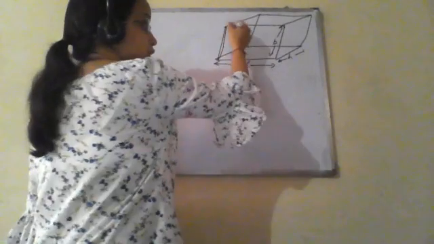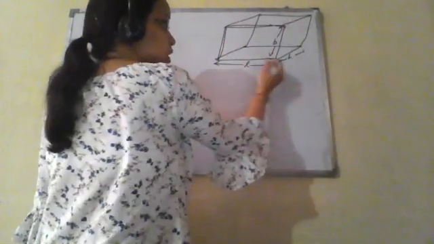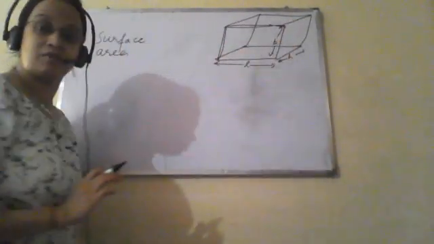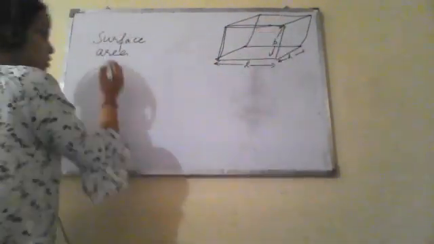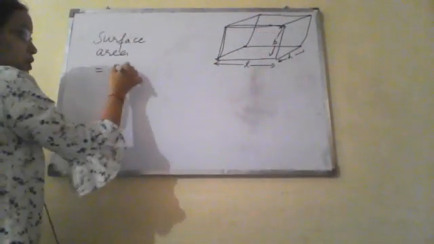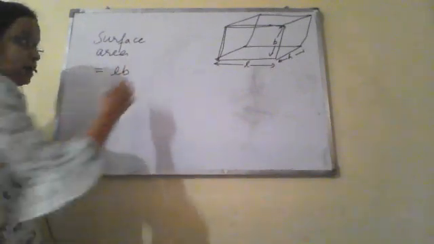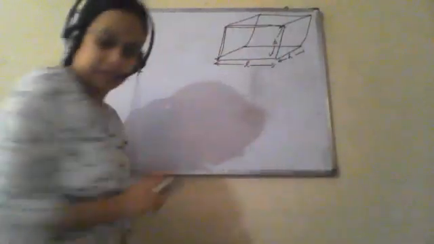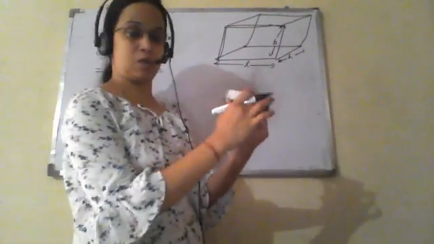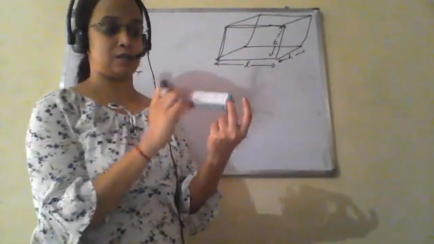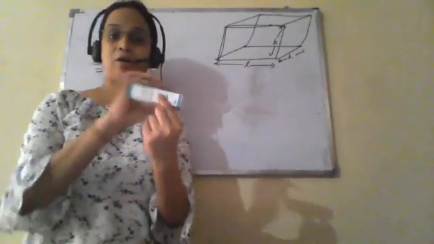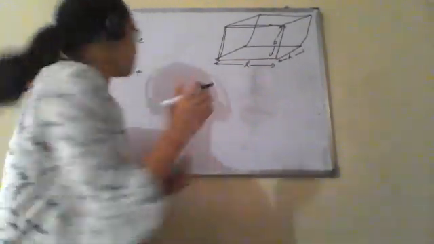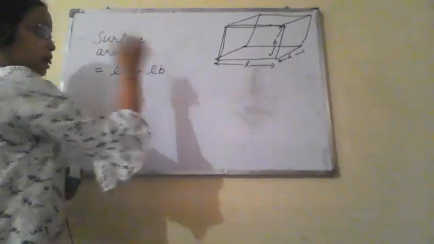So this is the front face, this is length and this is breadth. This is a rectangular face. So what will be the area of this front-facing face? It will be length into breadth, or LB you can directly write. Similarly there is a surface at the back side, as I have explained in the figure. The area of this face is L into B, and the area of the face at the back will also be L into B.